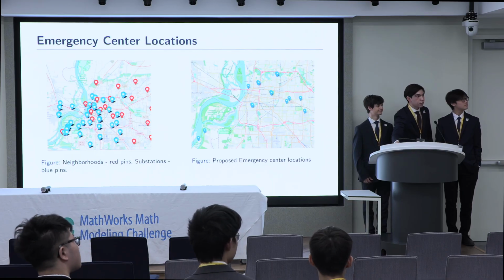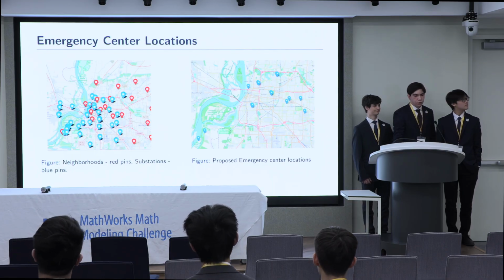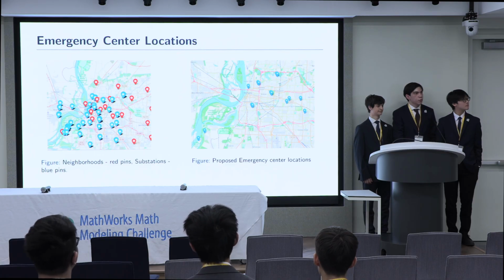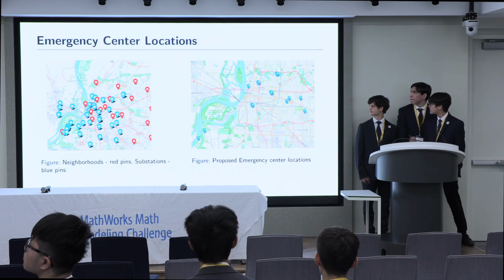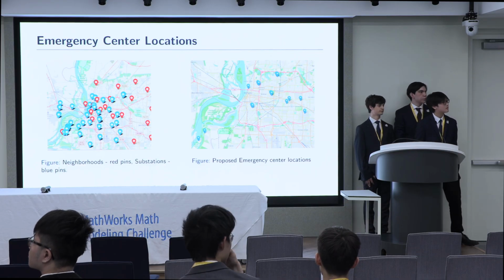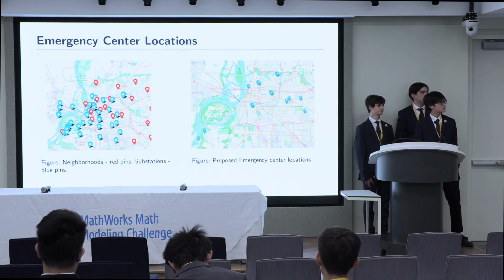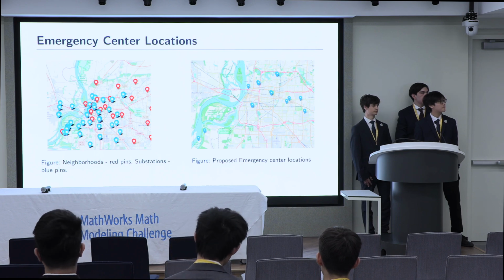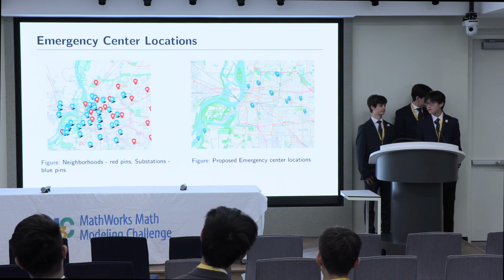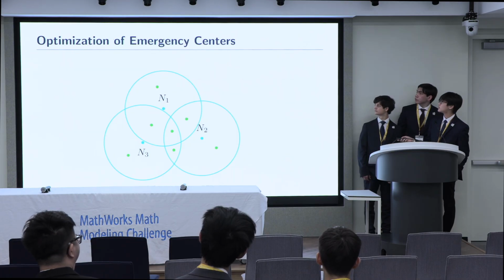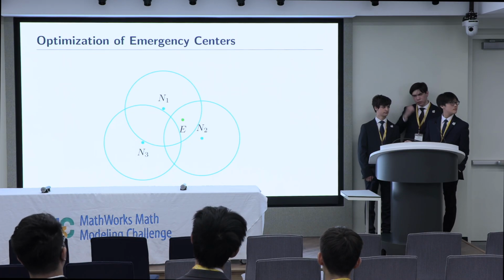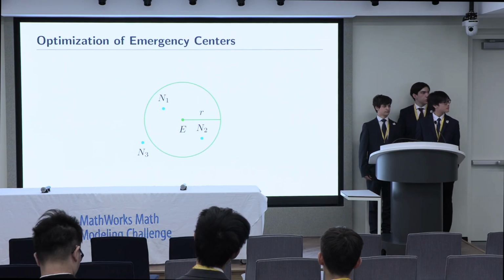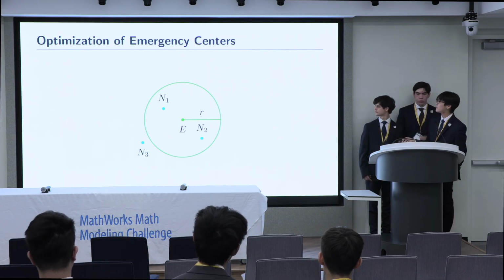I can start with a question. So I love the mapping you did for Q3, and I think you used it in two ways. One was placing these centers, and then also this power substation thing. You were mapping number of power substations to probability of a power failure. Can you walk me through the link there a little bit more clearly? Like, one thing you mentioned is some neighborhoods have more people than others. Actually, I think those were often your more vulnerable neighborhoods. Is the number of substations just a function of the number of people there? Is it a meaningful metric for the chance of a power outage?